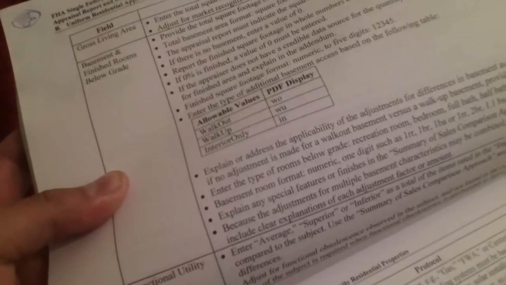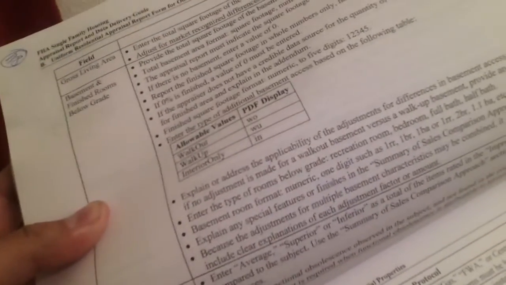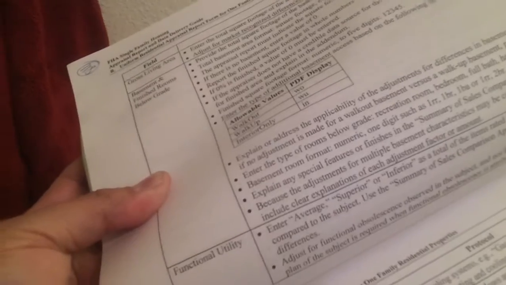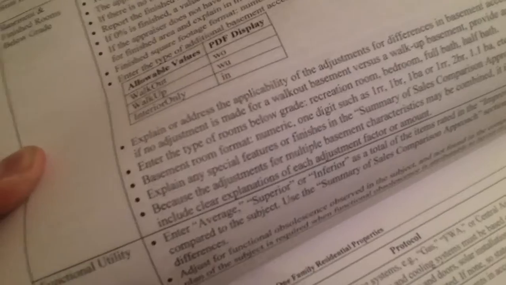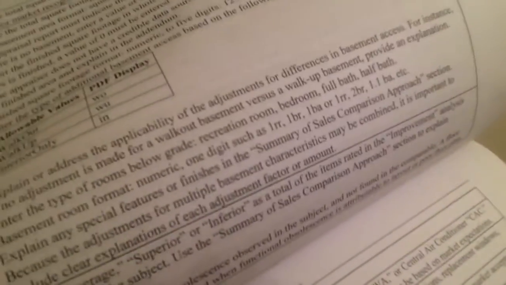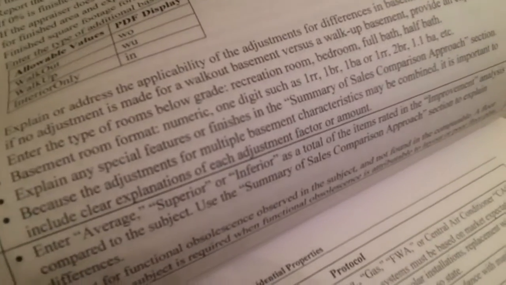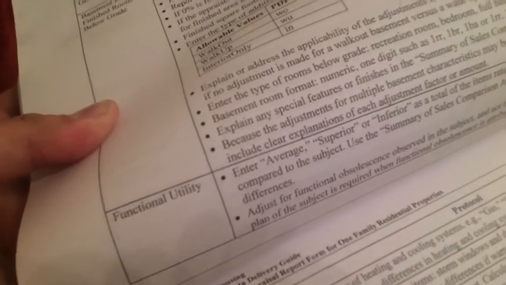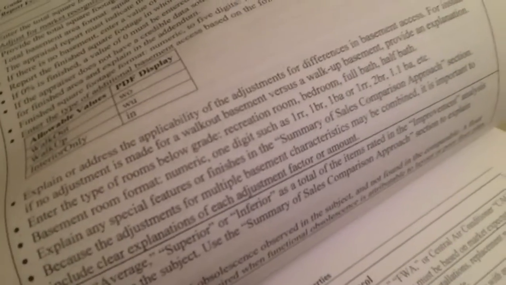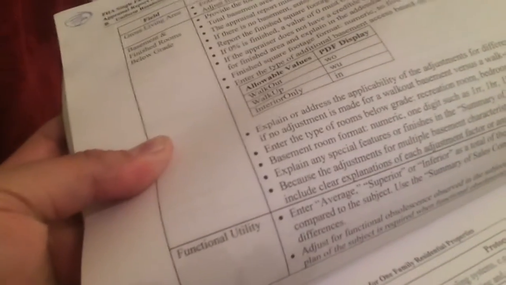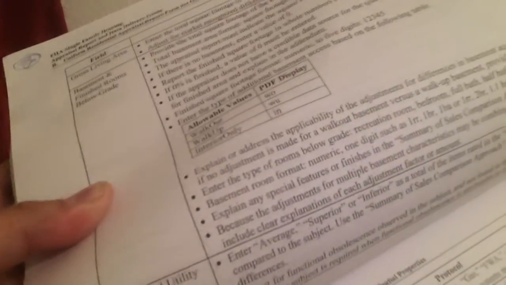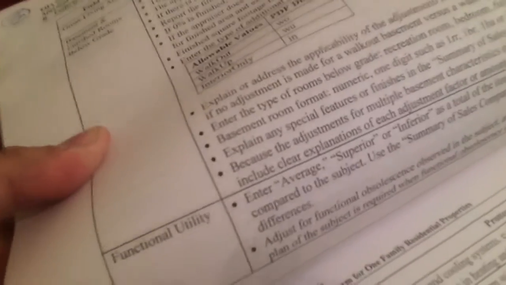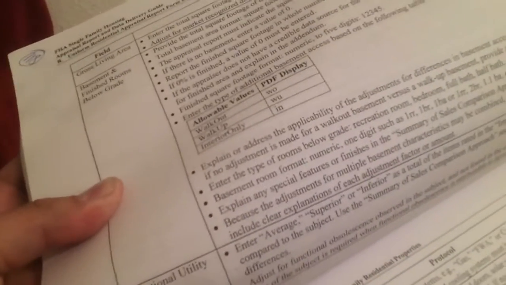Enter the type of rooms below grade: recreation room, bedroom, full bath, half bath. Basement room format: numeric, 1 digit such as 1RR, 1BR, 1BA, or 1RR, 2BR, 1.1BA, etc. Explain any special features or finishes in the summary of the sales comparison approach section. Because the adjustments for multiple basement characteristics may be combined, it is important to include clear explanations of each adjustment